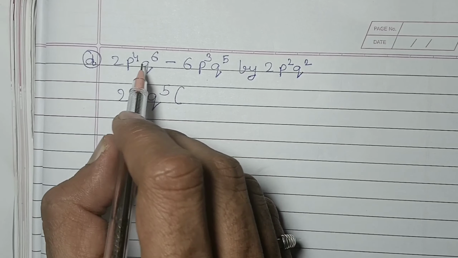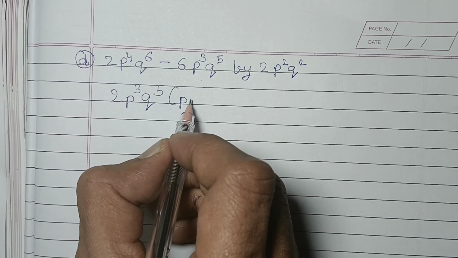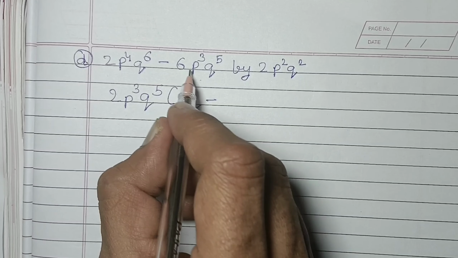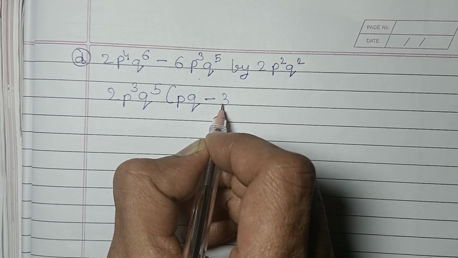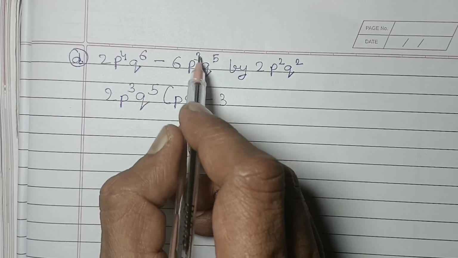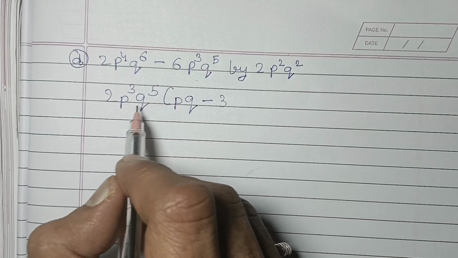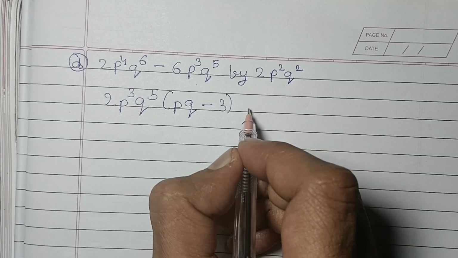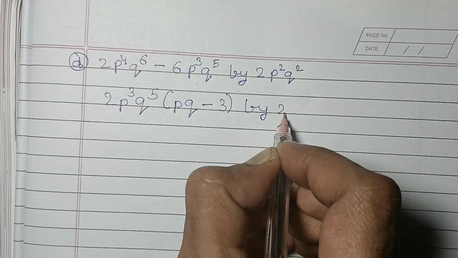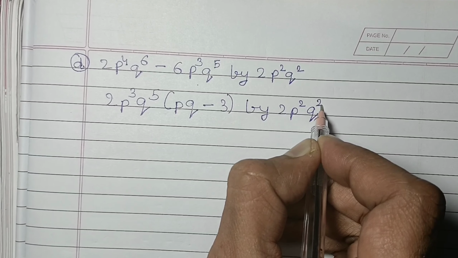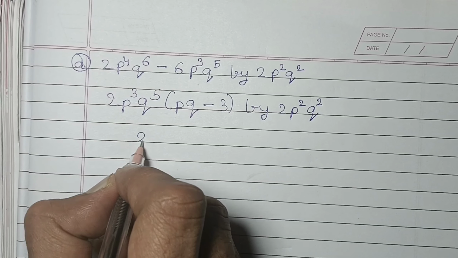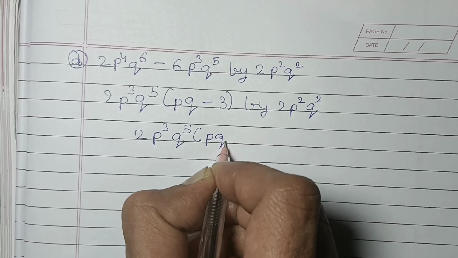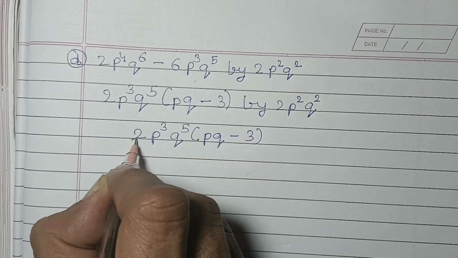So the remaining term will be here p for one time and q will be remaining here, and minus 2 3s are 6, so here 3 will be remaining, and as already we have taken out p cube and q to the power 5 from this, so here only 3 will be remaining, and we have to divide these by 2p square q square. We'll write this again, 2p cube q to the power 5 into p cube minus 3, divide by